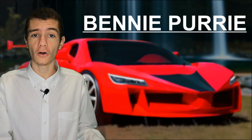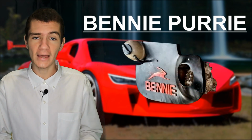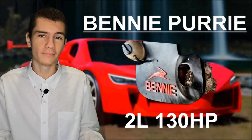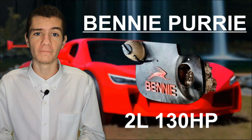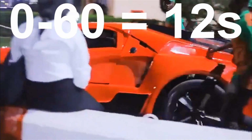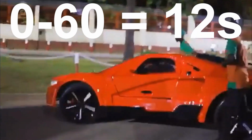Currently, the concept we've seen all these pictures and videos of, the one that was unveiled last year, is powered by a mid-engined rear-wheel drive 2-liter motor, which outputs only a meager 130 horsepower. Even though the Purrie itself looks pretty lightweight, that low power output is only going to be good enough to accelerate the car from 0 to 60 in 12 seconds, which is definitely not anywhere near exotic car levels of